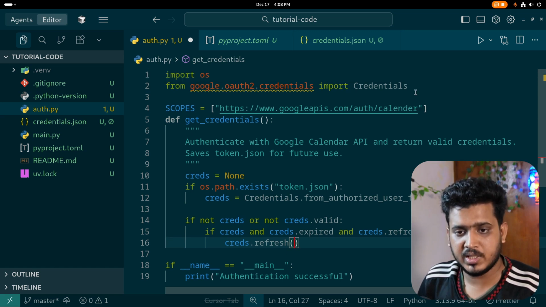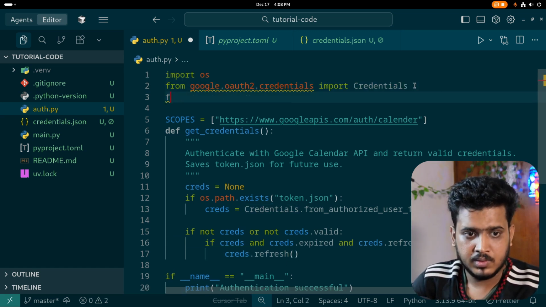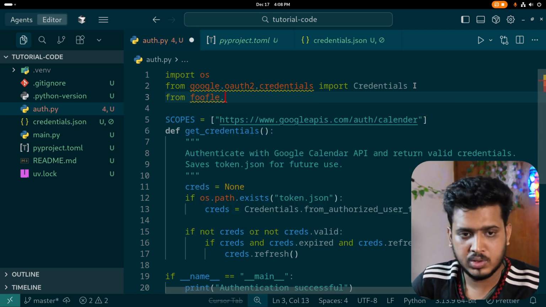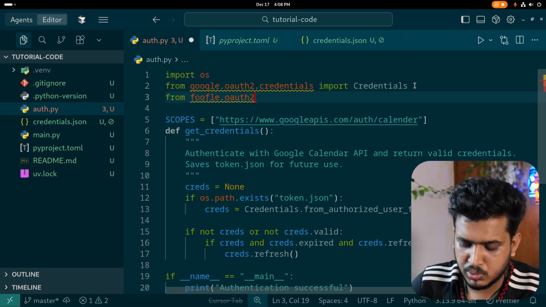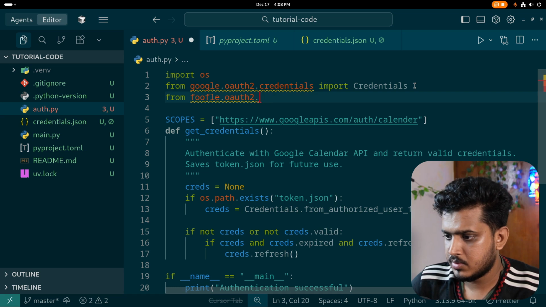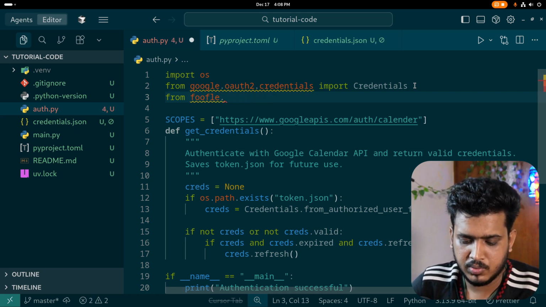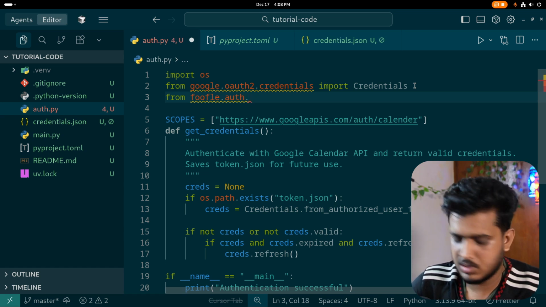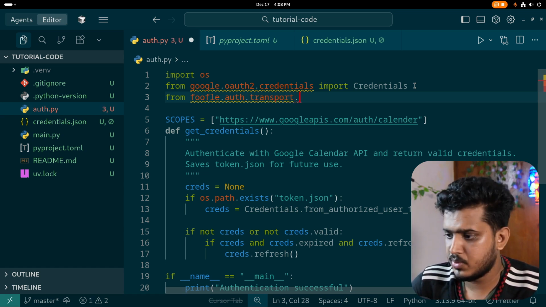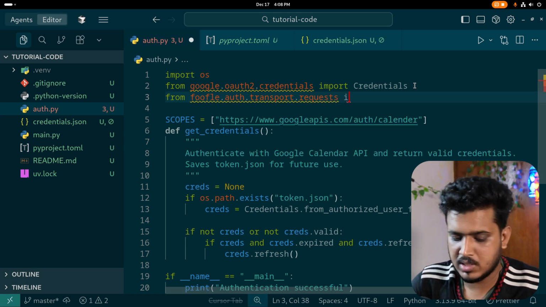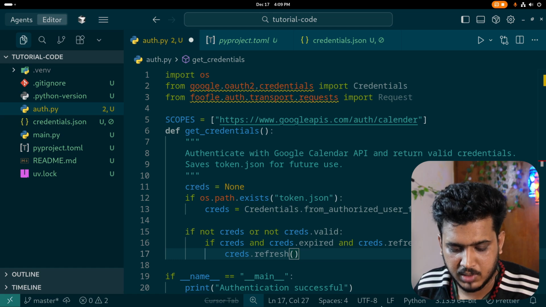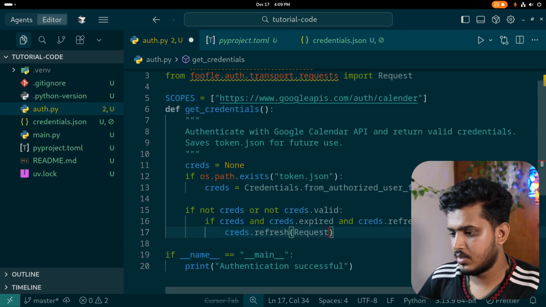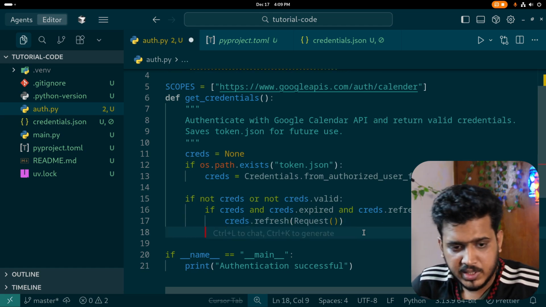We are going to import that request from google.oauth2, actually this one from google.auth.transport.requests import Request. Let me just make a request from here to get a new token. We need an else condition in here,